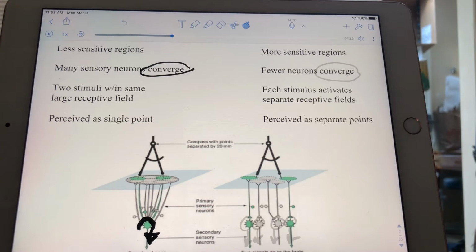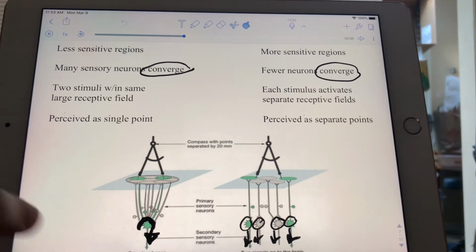Whereas in more sensitive regions, fewer of the neurons are going to converge. Fewer of the neurons are going to share their linkages. Okay, and therefore each stimulus in this particular scenario, each point of the compass or of the pencils or the pins or whatever, are activating their own separate, isolated receptive fields, and therefore the central nervous system perceives the stimuli as distinct. Moving on to slide